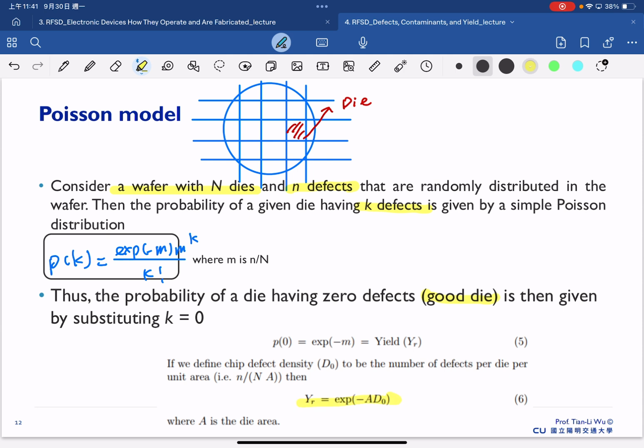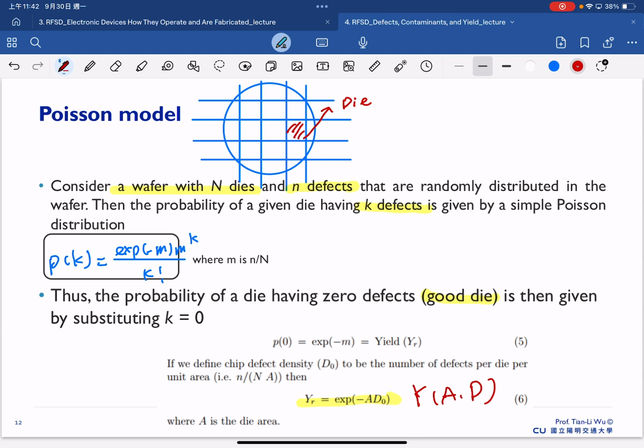So that's just another way to derive how we get this yield equation. If we try to understand this equation, we found out that yield is correlated with our area and also correlated with our defect density. So if you forget all of the calculation from the binomial distribution or from the Poisson distribution, it is fine,